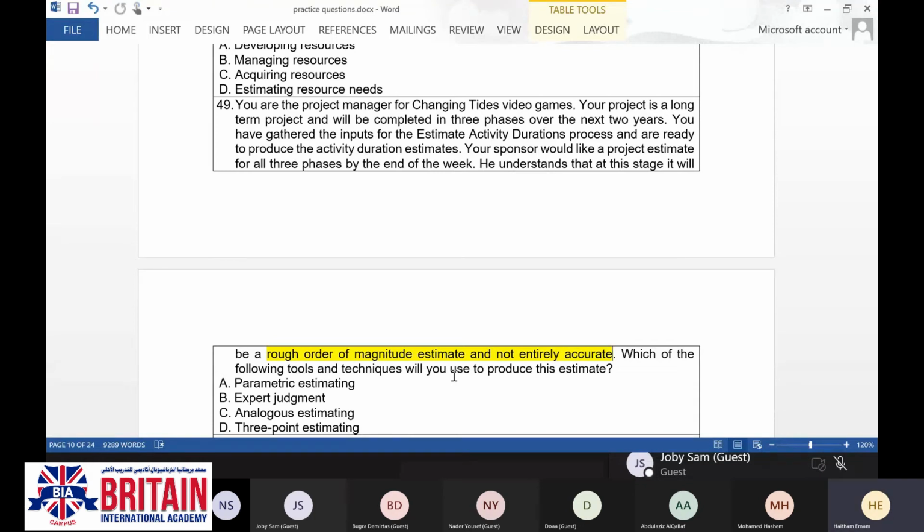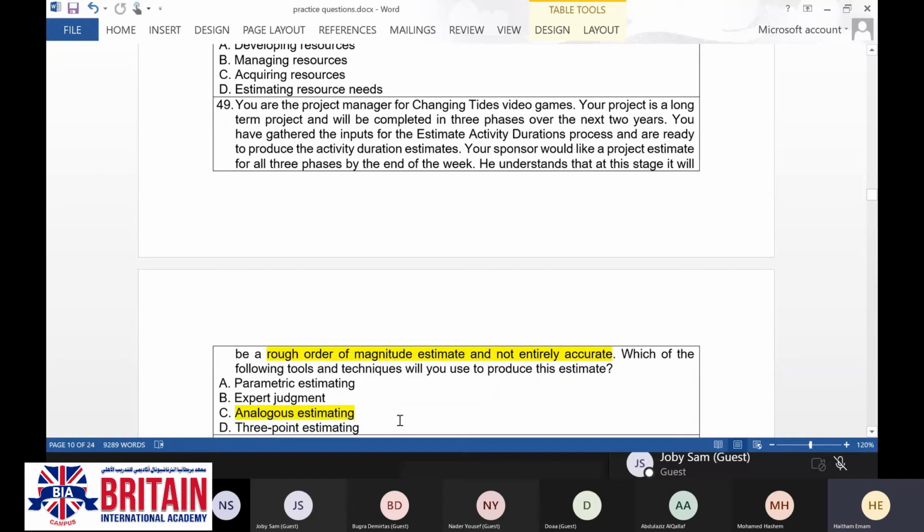So the least accurate and the least reliable technique, which will have the big variance, is the analogous estimating.